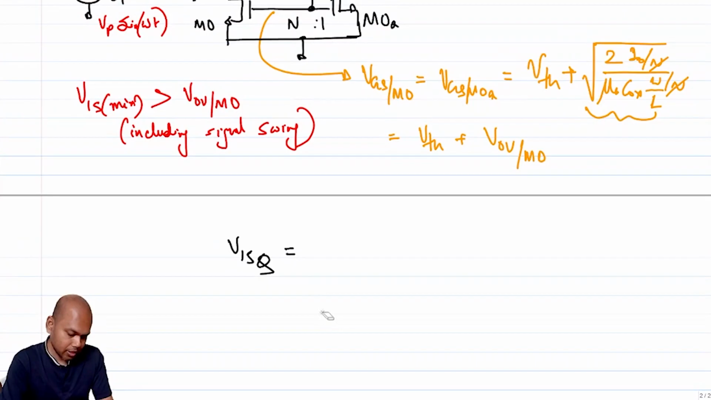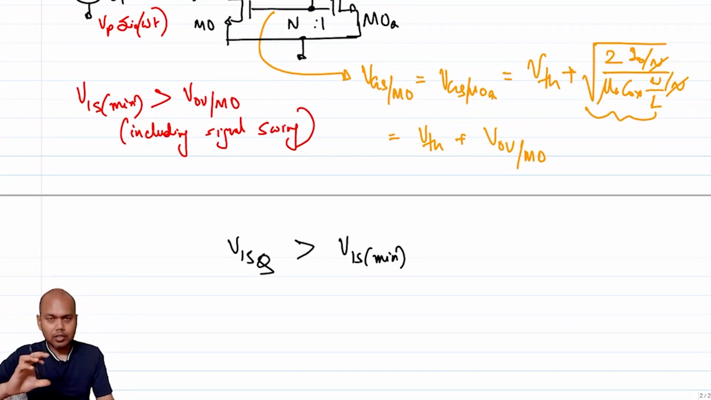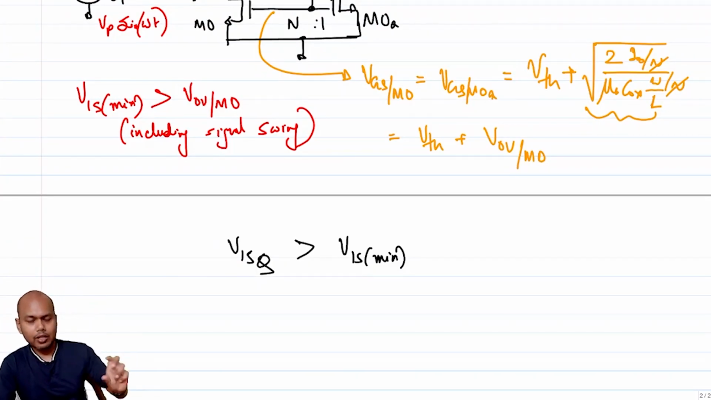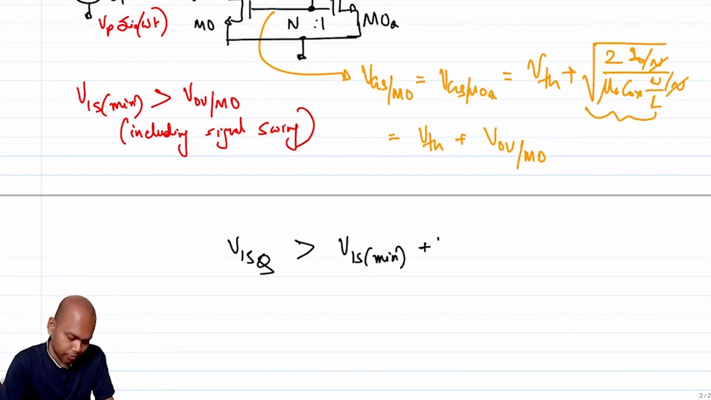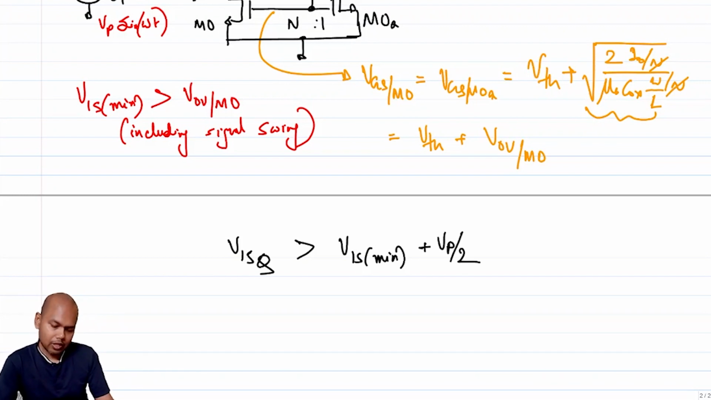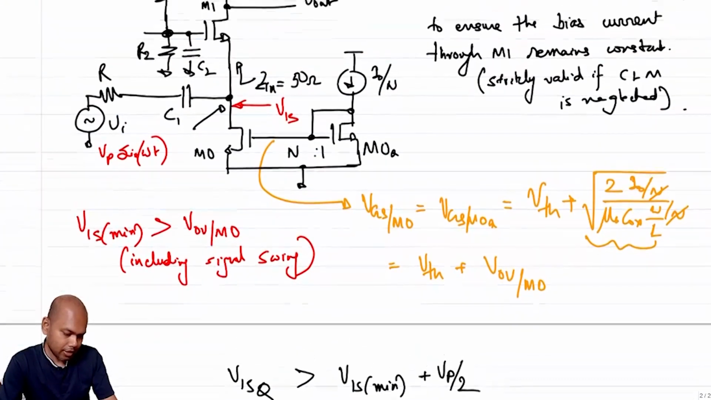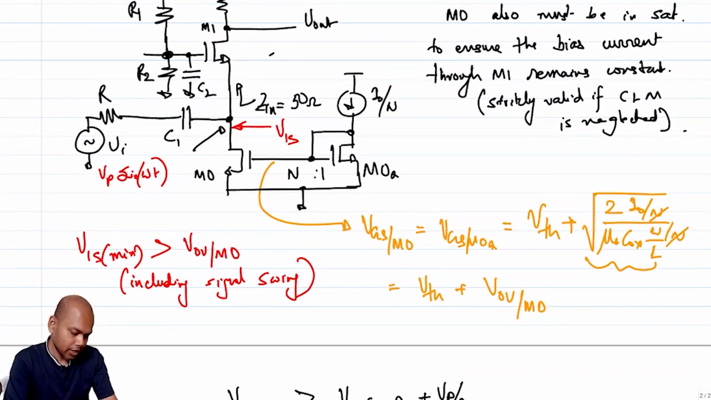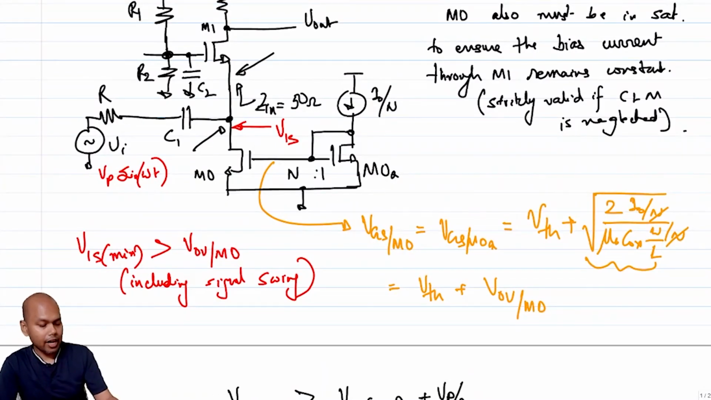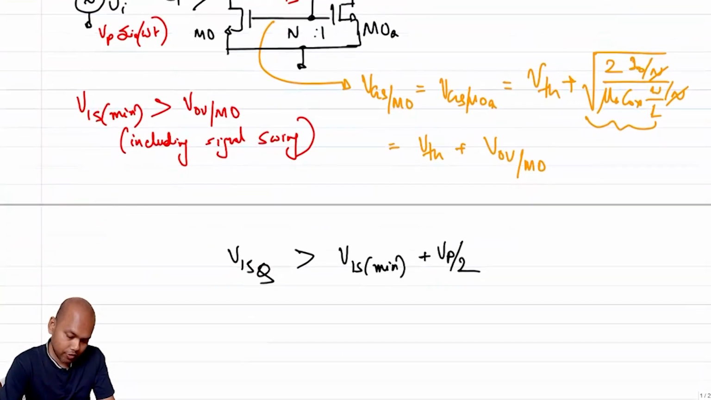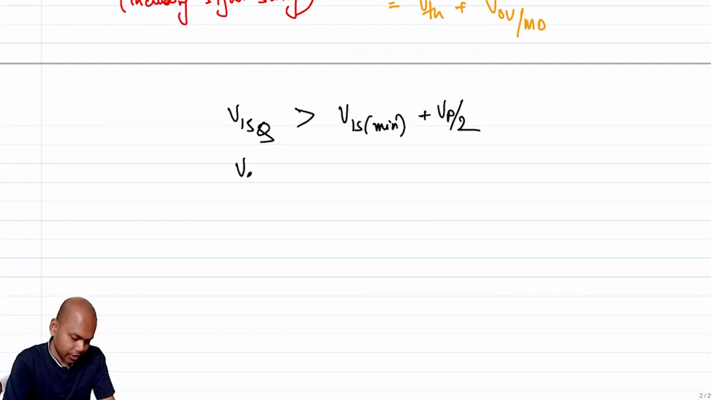V1S quiescent must be greater than this V1S minimum plus that signal swing, and signal swing is Vp over 2, which means this has to be plus Vp over 2, right? So now if I want to bias just at this edge, then I know that this voltage becomes set, which means I have to ensure that the gate voltage of M1 is also fine, which essentially means that your Vg of M1 should be greater than